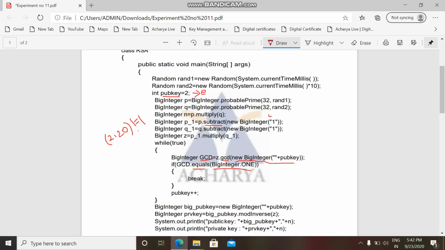So what do you do in that case? Increment the value of the public key. Now the public key becomes 3. Now again find the GCD of 3 and 20. Is the GCD of 3 and 20 equal to 1? Yes. If true, break. Now what is the value of the public key that you got? It's 3, or you can say your e value is 3.